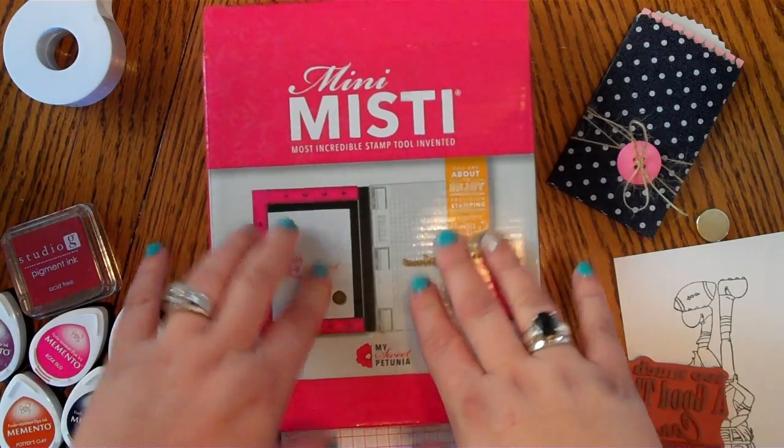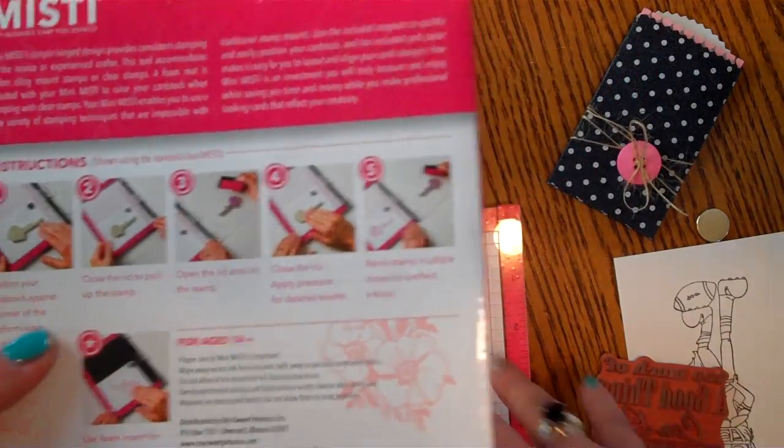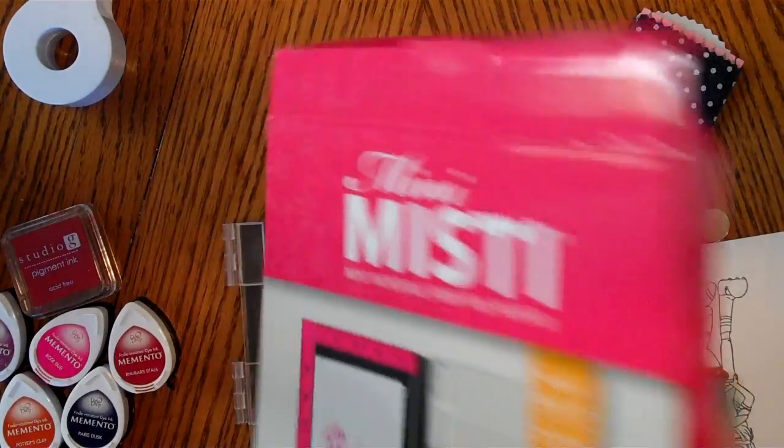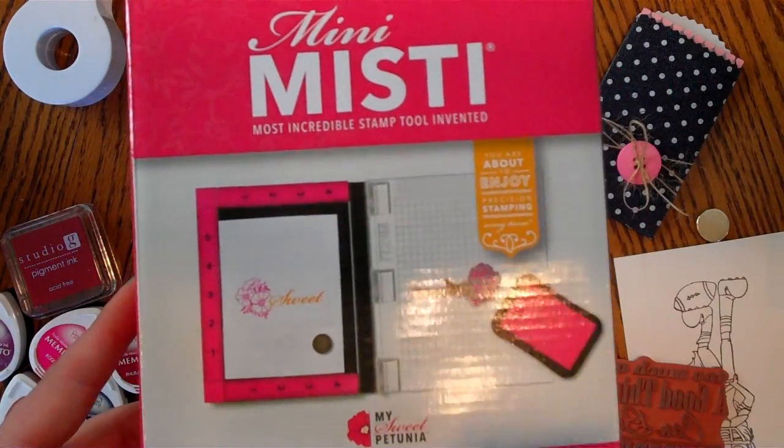So this is the mini Misti. It will come in a box. I'll go over what it comes with, then I'll go over some pros and cons, and maybe we'll do a little sample just to kind of show you. So this is the mini Misti, the smaller version. It comes in a box. I got mine from